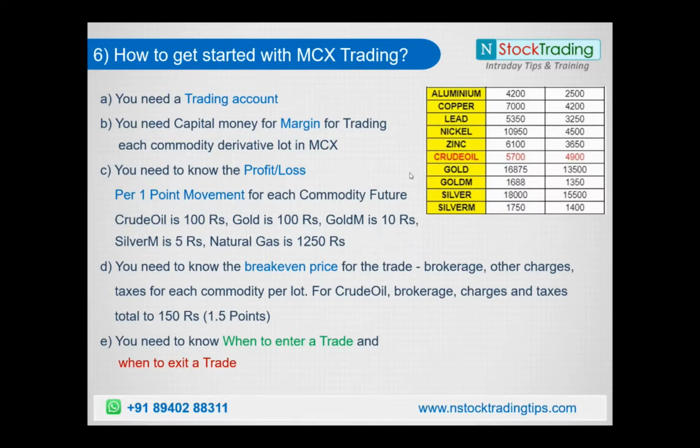So if you buy at, say, 3,150, for example, I'm talking about yesterday's price, and the price goes to 3,155, you have around 3.5 points profit, after the expenses. So you should be aware of it this way. Same way, if you sell at 3,150, and the price goes to, say, 3,140, you get 8.5 points profit, which is like 850 rupees. Likewise, you should know the break-even price for each trade.